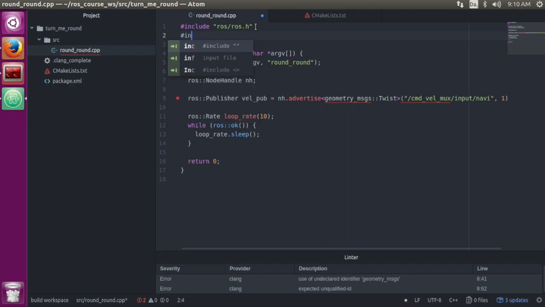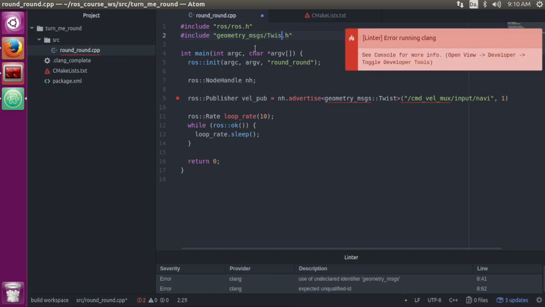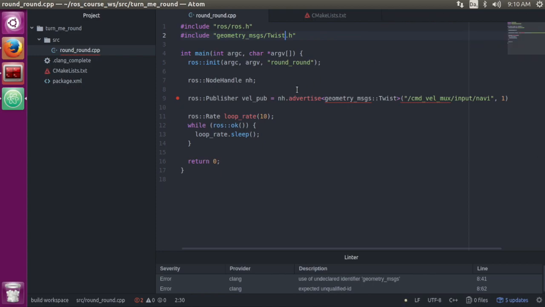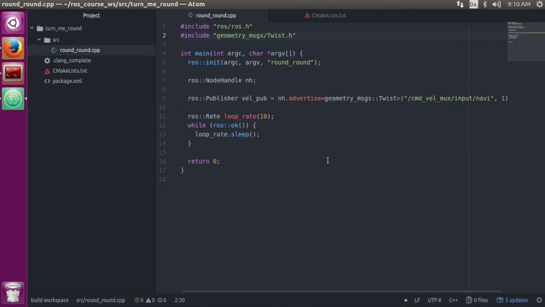That's because it doesn't know about the geometry message. So we need to include the geometry message. Geometry messages, and just like ROS, it's in its own little folder, so geometry_msgs/Twist. So, wait. There's something wrong with both my linter and my Gazebo, it seems. Okay, so now we have the geometry messages Twist, and